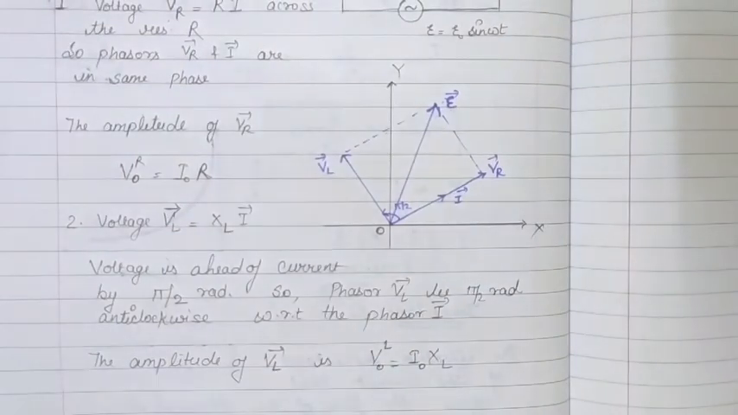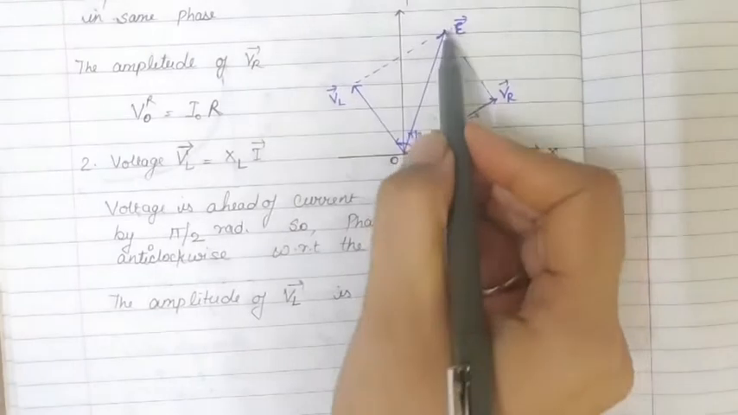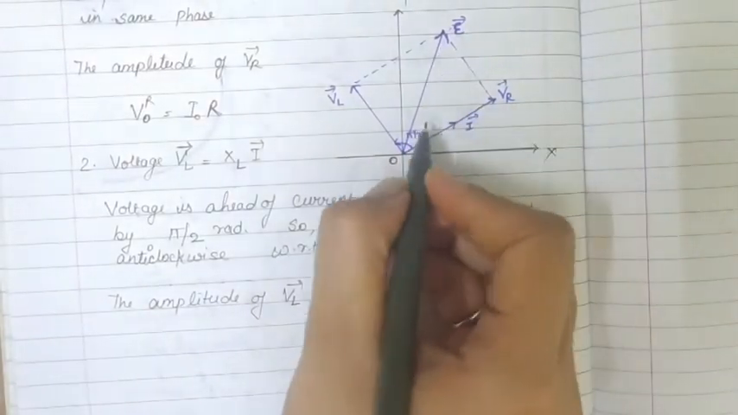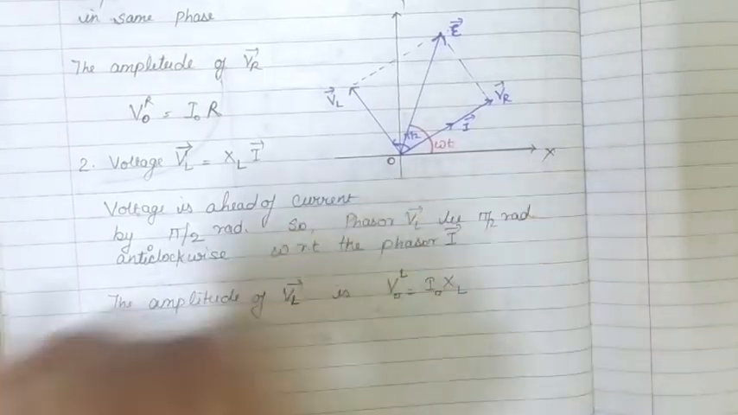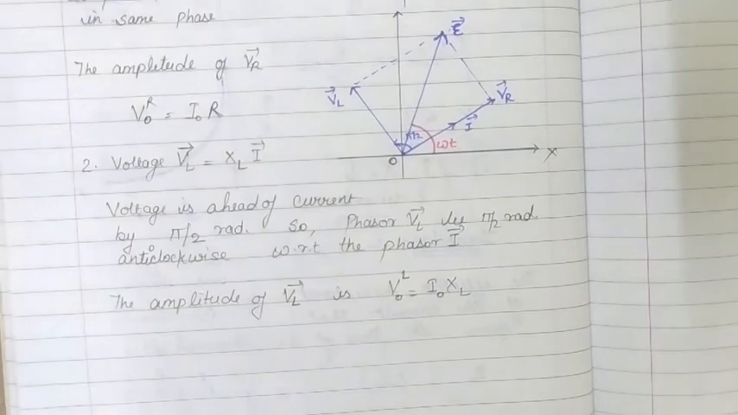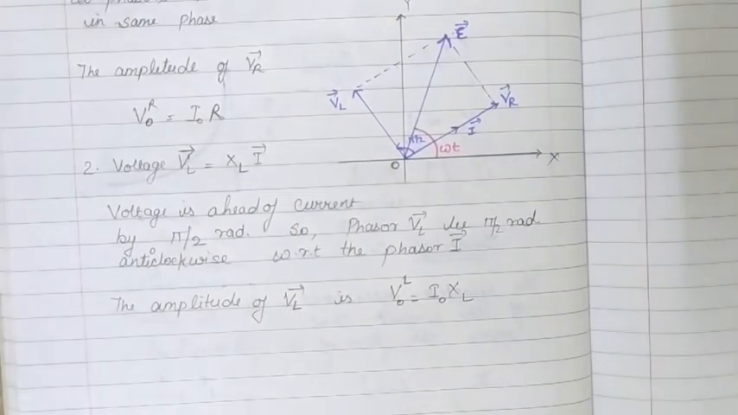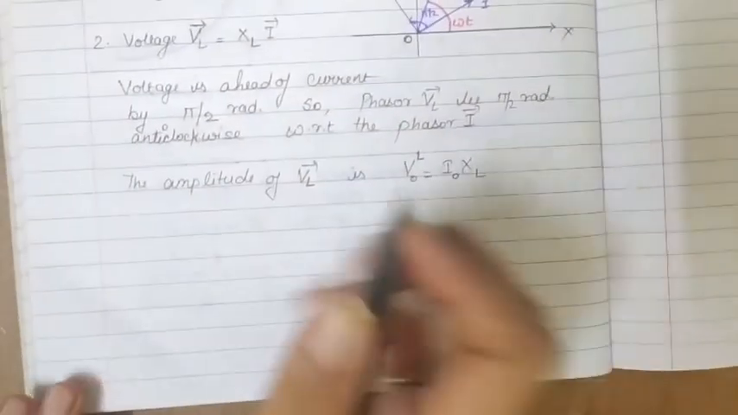Also we know that epsilon is equal to epsilon naught sine omega t. That means the angle of epsilon is omega t. So this angle is omega t from the axis. Now if we apply the parallelogram law of vector addition, then according to that